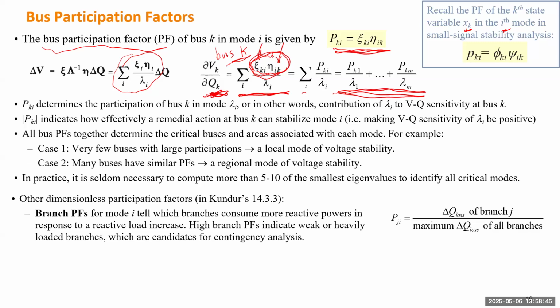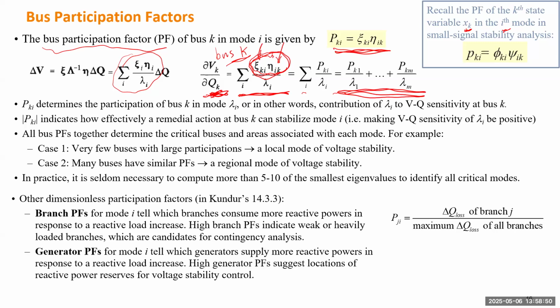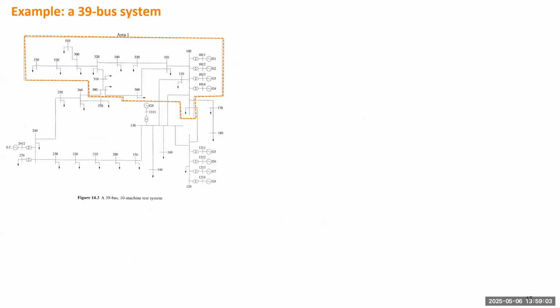Kundur's book gave just one definition here. I won't go into the detailed proof. The generator participation factor just tells which generator will contribute more to improving the voltage. So it can be defined by this formula. In the next few slides, I give you one example of how to utilize the PV curve, VQ curve, and participation factors